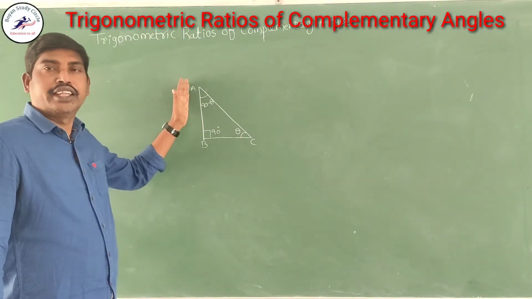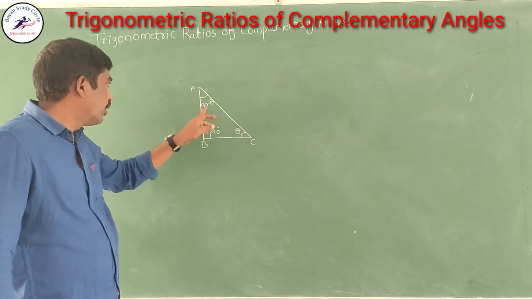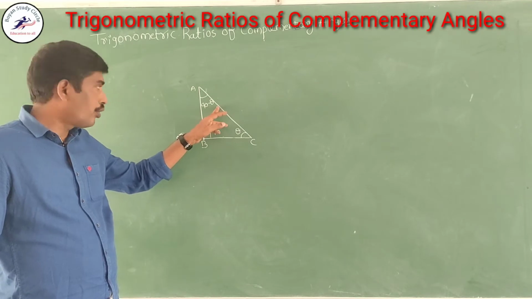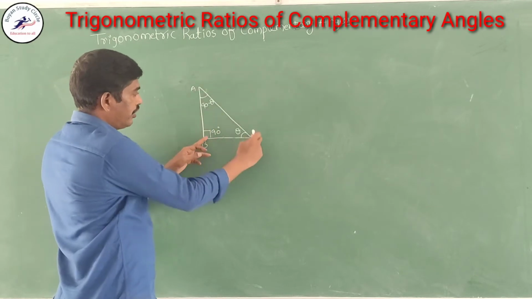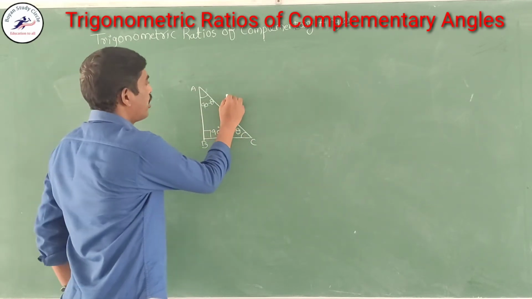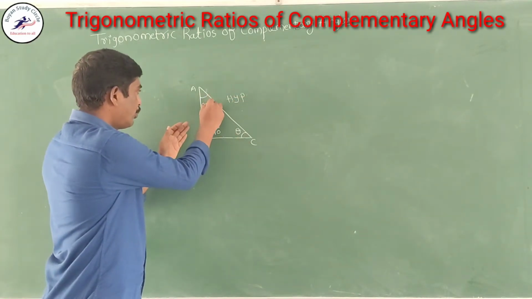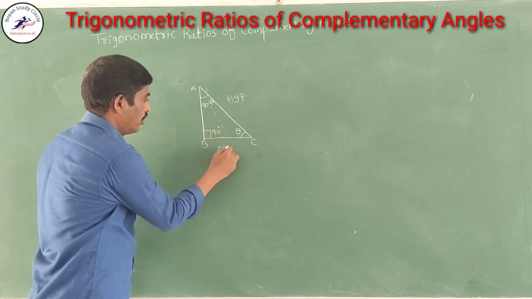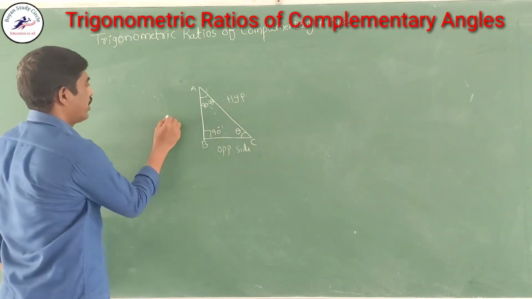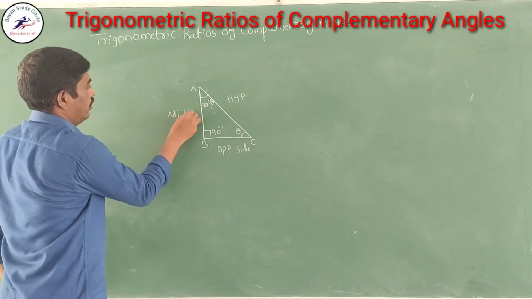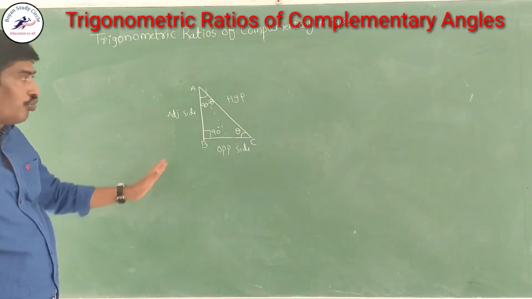In this right angle triangle, basing on angle A, here the angle is 90 minus theta. Every time, we know the side opposite to 90 degrees, side AC is opposite to 90 degrees. So, this AC is the hypotenuse. For angle A, the side opposite to A is the opposite side. So, the other side is automatically the adjacent side. In this, we are finding all the trigonometric ratios for angle A.